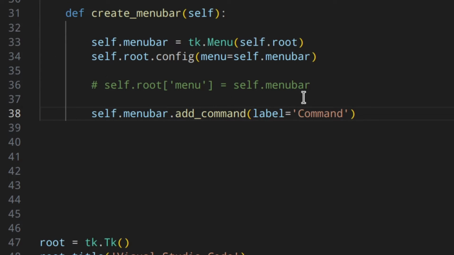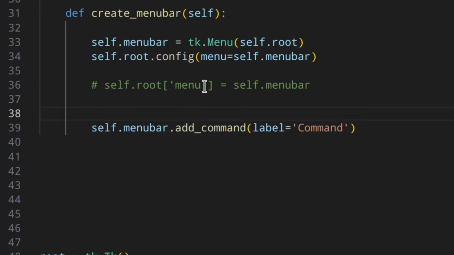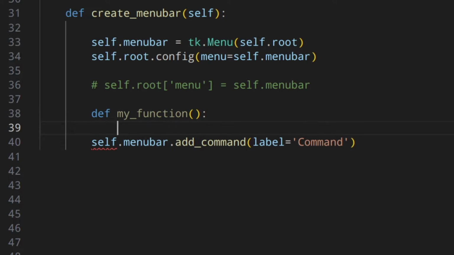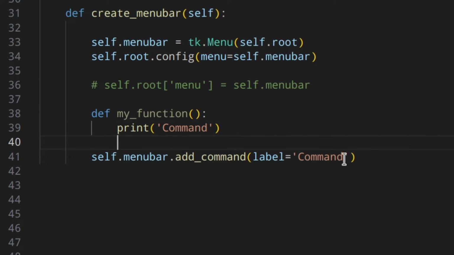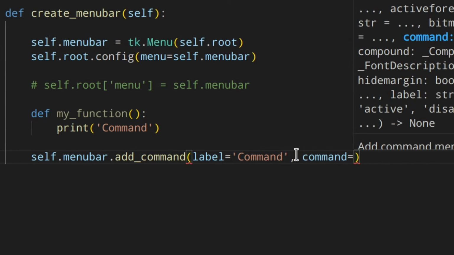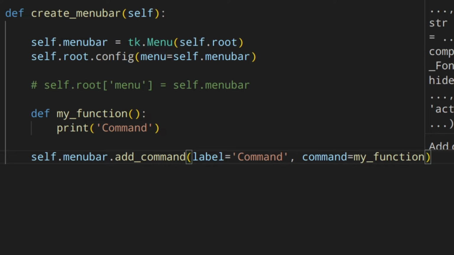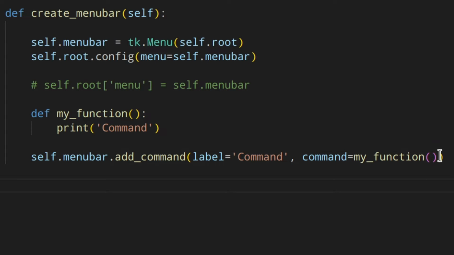But let's create a quick function. So we could do something like here, def my_function, and then print command, something like that. And then here as the command, we use my_function. As you can see, I didn't write that with the parentheses because I don't want this to be run straight away, but I want this to be run just when we click the command button.